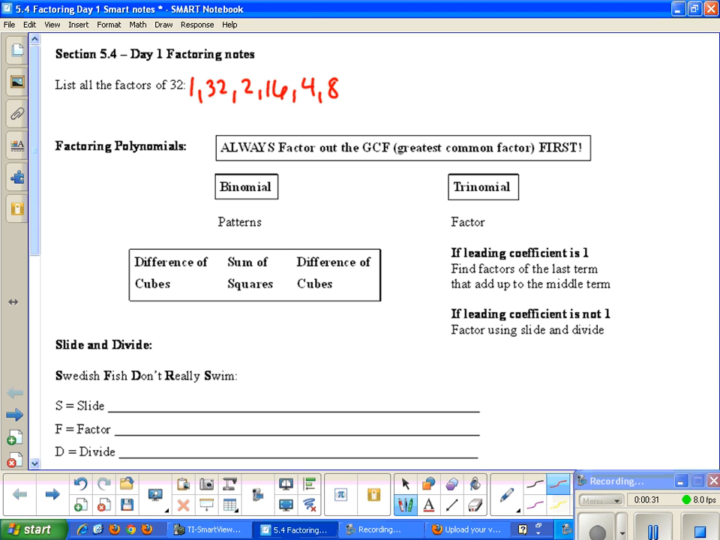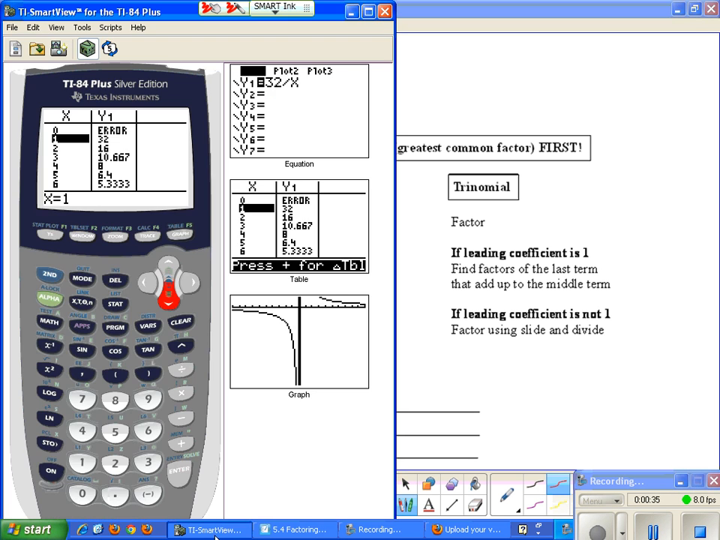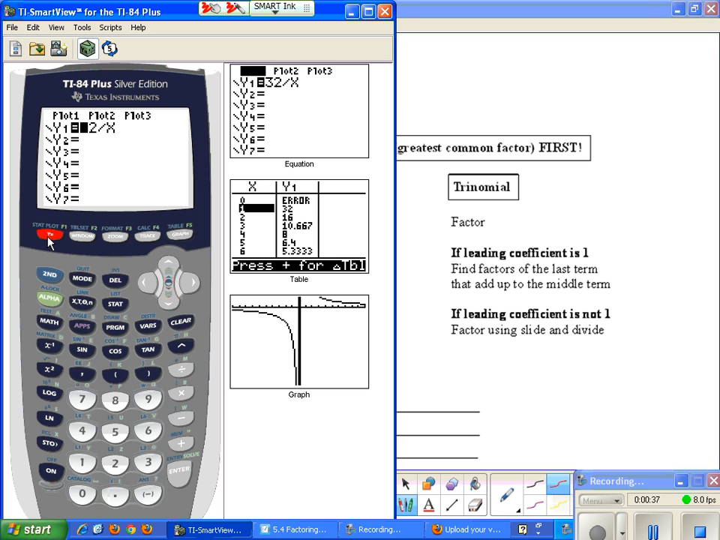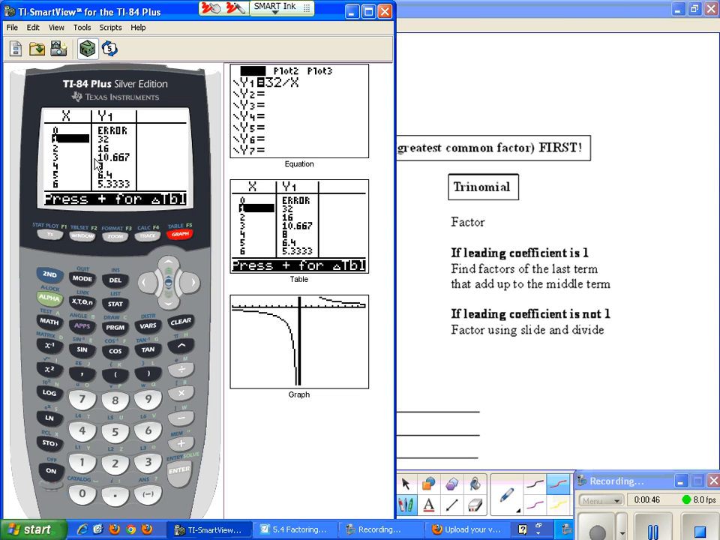Now, if you're somebody that has difficulties with your factors, something that you could easily do is go to your calculator, and in your y equals, whatever the number is that you're trying to find the factors of, type that in and divide it by x. And then if you go to your table, you will see the factors. So 1 and 32, start with 1 always, 2 and 16, 4 and 8, and if you keep scrolling down,